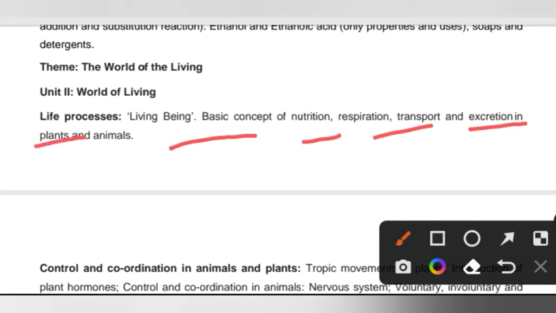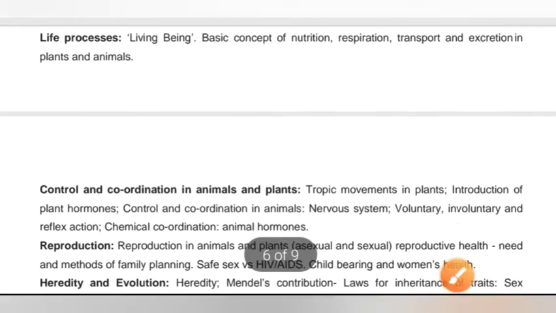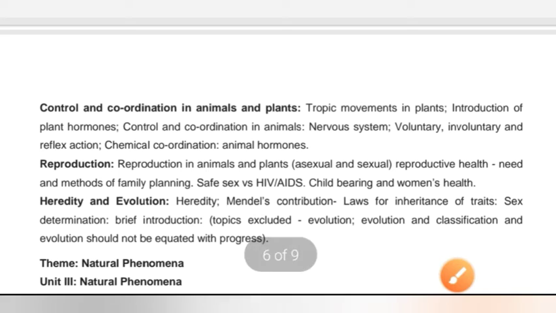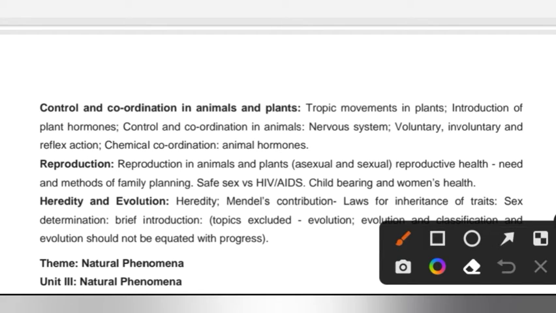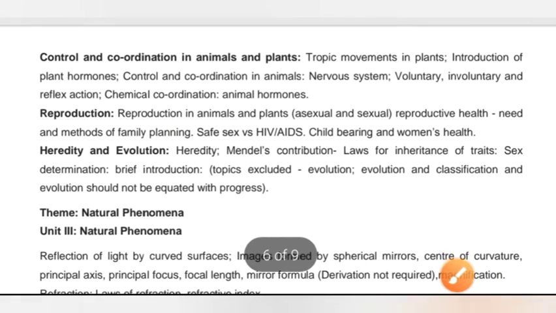This is in biology, for plants and animals, and control and coordination in plants and animals, that is the nervous system, voluntary, involuntary and reflex action, and chemical coordination in animals, hormones, that is read, and reproduction